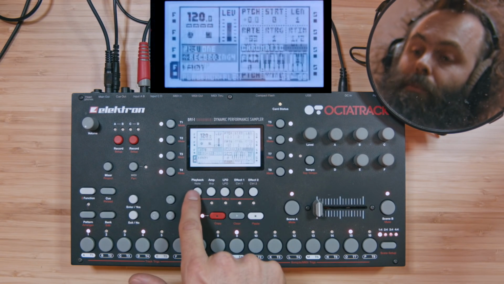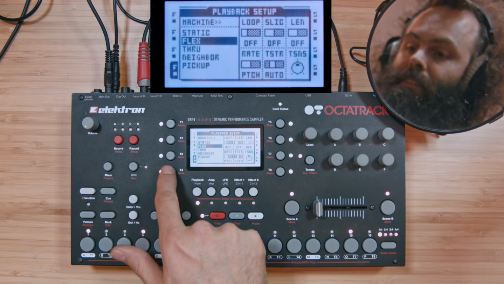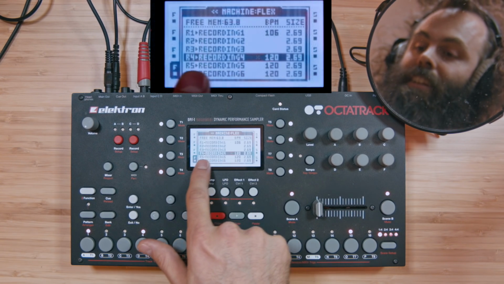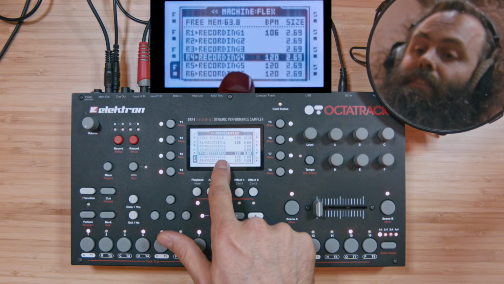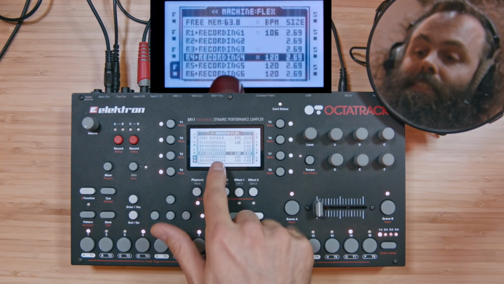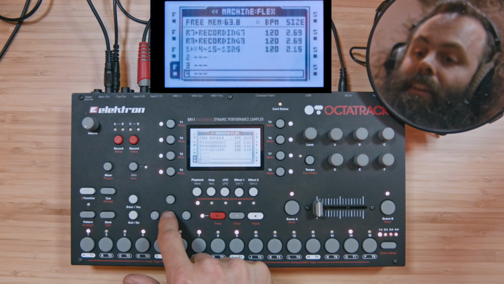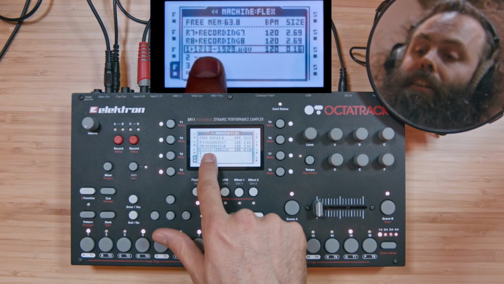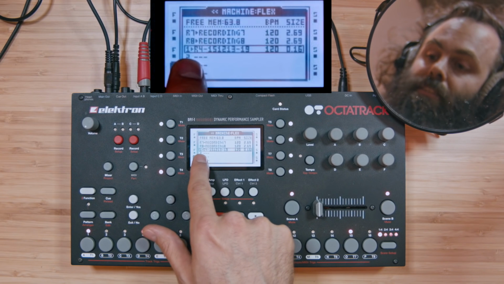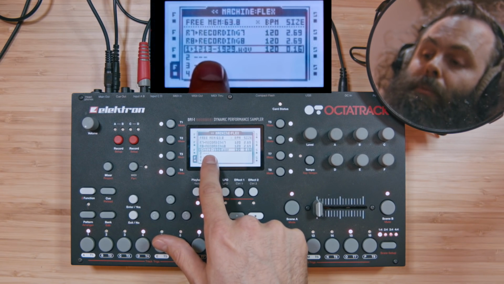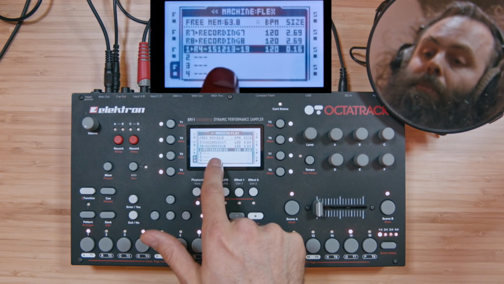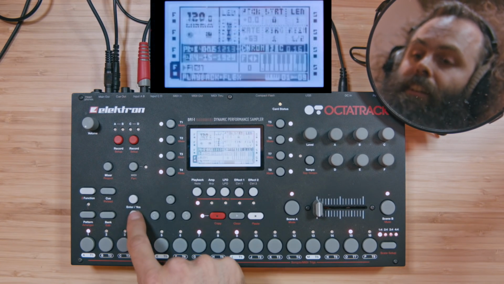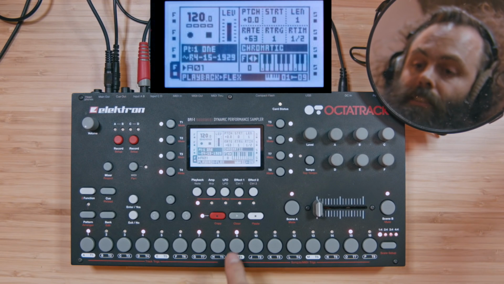And if I press the playback, double tap the track button again, we can see that the recording buffer is still the one being selected. If I go down here, I can see that now there is a new one that just appeared on flex track number 1, slot number 1. I'm going to select it. This is the one we just saved. Okay, so I selected it, and it's the